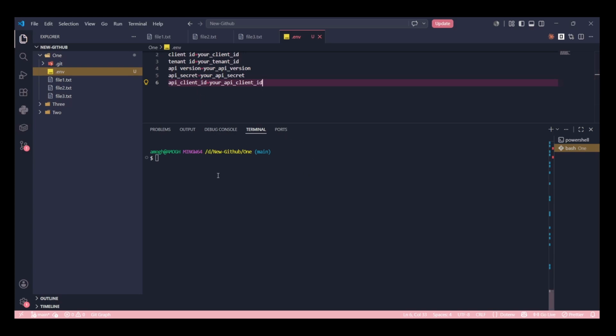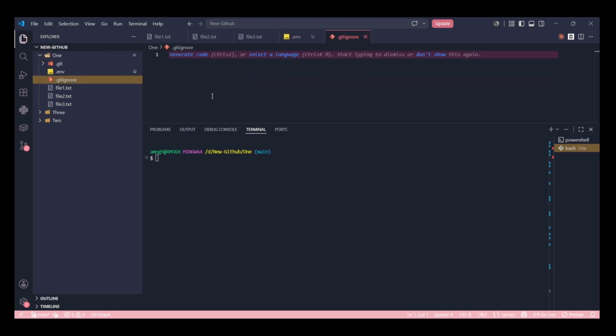And if by mistake you push your .env file to your global GitHub, there is a security breach that is very sensitive. So for that, what we do is we create one file called .gitignore. I have created this .gitignore file.